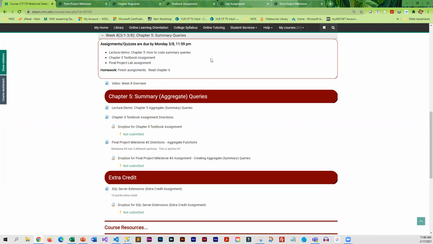This week, you're going to be working on summary queries. Summary queries are also called aggregate queries. And basically, they are similar to the sum function in Excel, the average function, the max, the min, those types of things. So you're going to read through chapter 5 in your book, and then you're going to take a